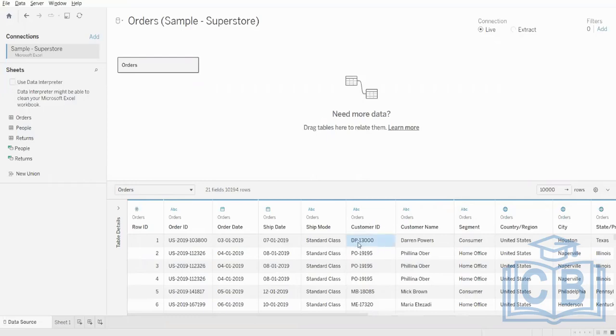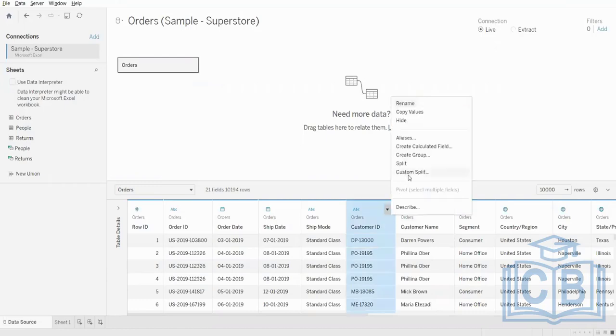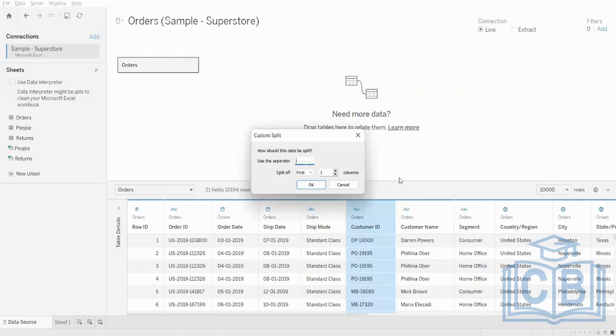Customer ID is DP, a hyphen, and then the number. So when we want to split here, we will click on custom split. Custom split is where you have to define the delimiting factor. Over here, the delimiting factor is hyphen, and split off first. Okay, so when I click OK,